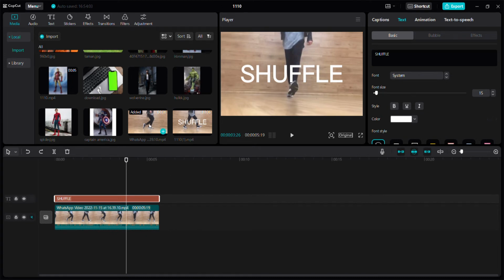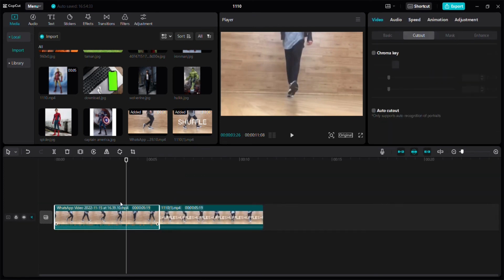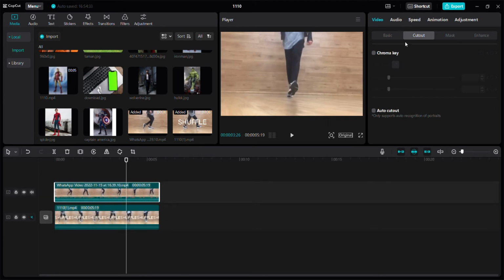So you can drag the video that you want to edit and add the text like this, and then you can click the export button here, and after that you can import the video that's created, and I have been add here. So after that you can delete the text, and you can add the video that's created here and make this clip as an overlay. Just move up like this, and then you can click